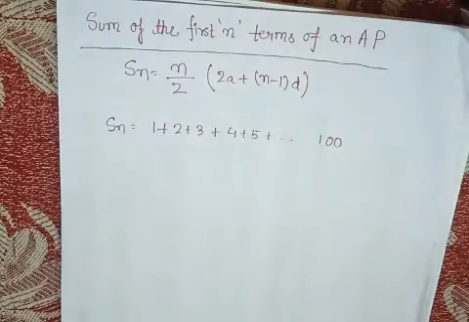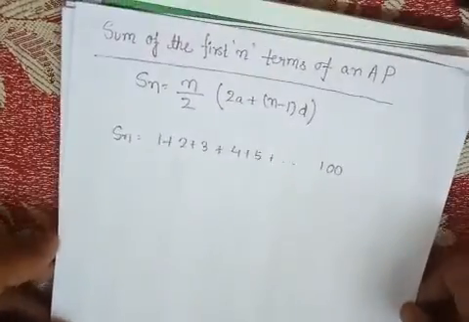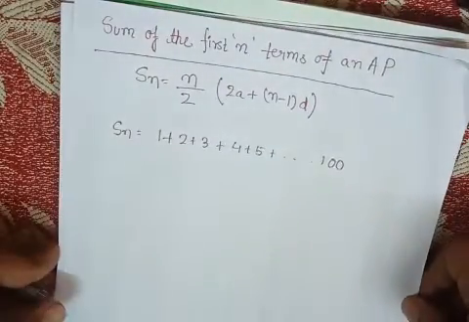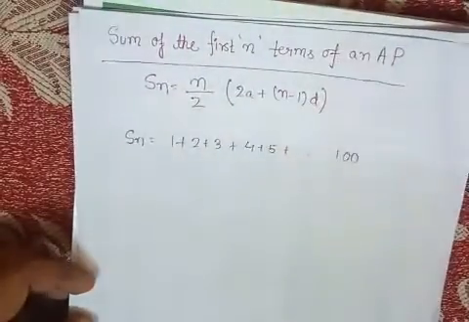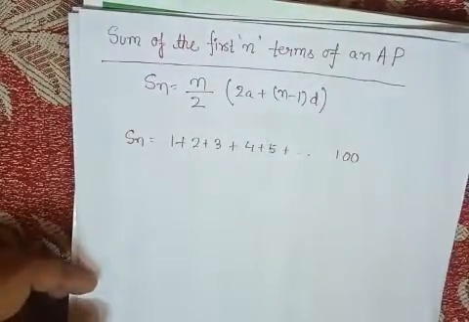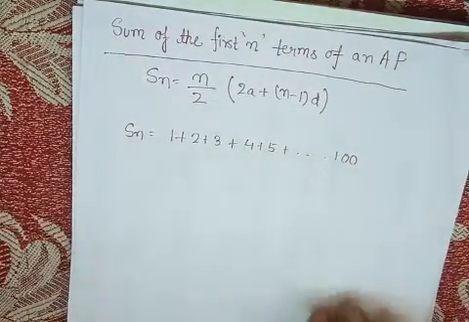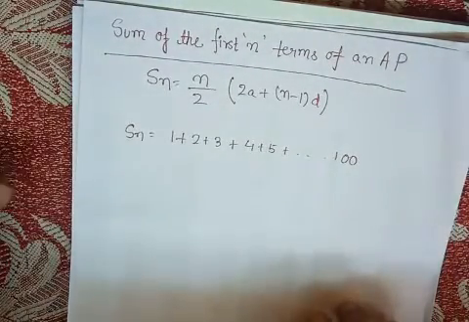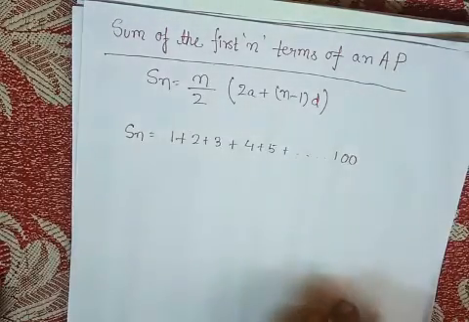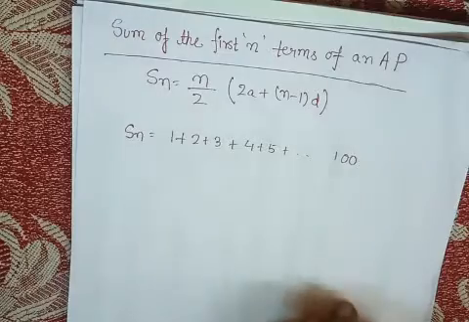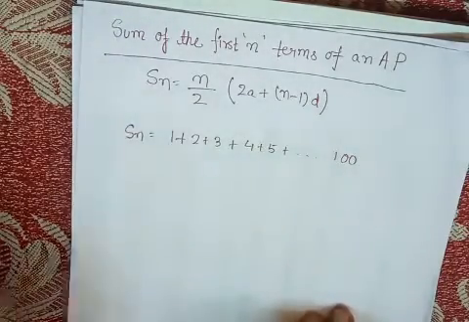Hello everyone. In this video we will discuss the second part of the chapter arithmetic progression. So this part is the sum of the first n terms of an AP. Okay. So in the previous exercise we learned how to do arithmetic progression. Okay. So this is the continuation of it, where we will be required to find out the sum of a